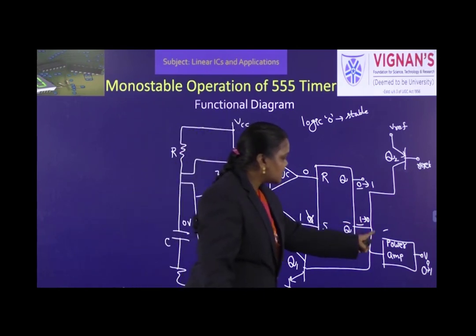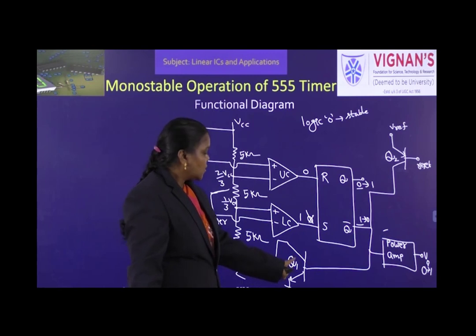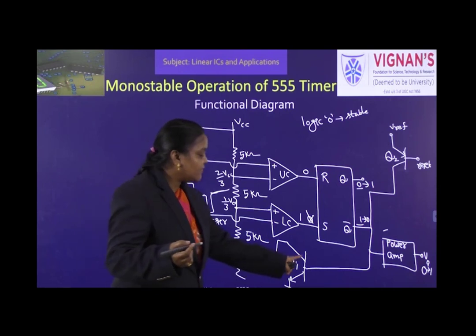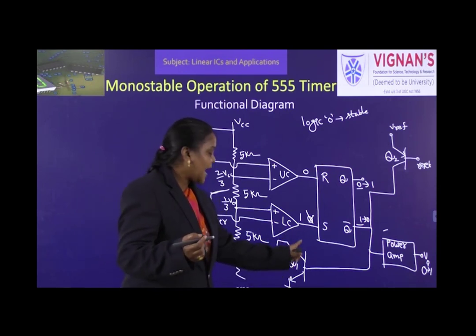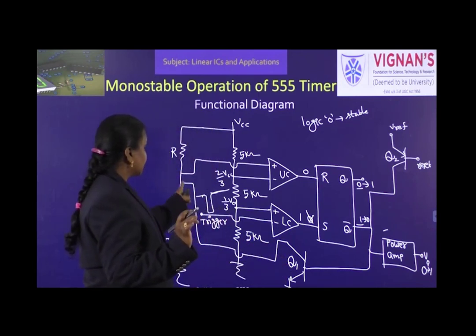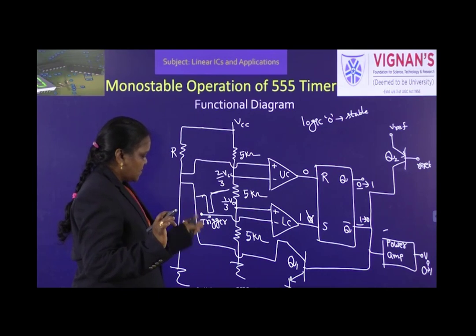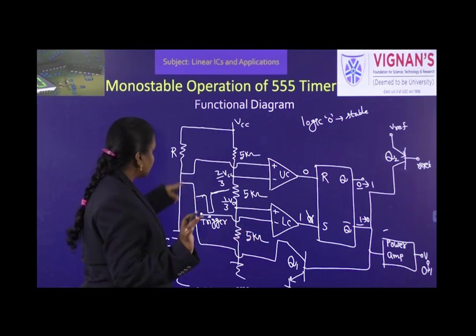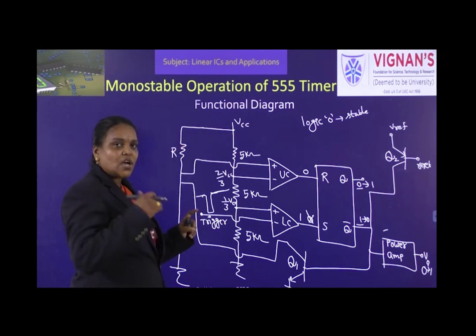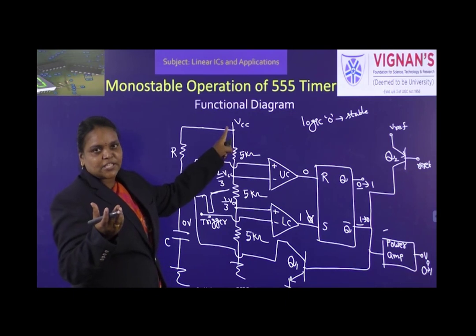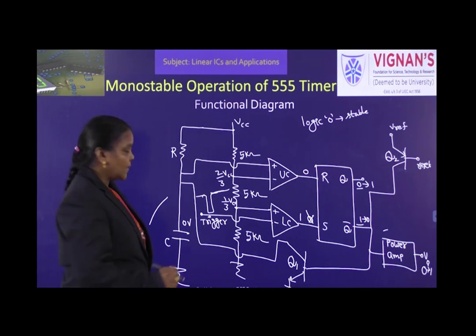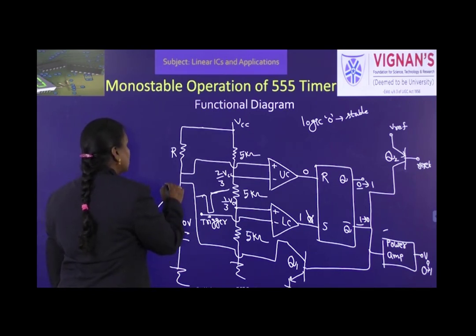And this 0 is given to this transistor. So when NPN transistor, its base receives zero signal means it will be in off condition. So it acts like open circuit. So when it is open circuit, what happens? This capacitor can't discharge now. So what is the path it is having? Charging path. So now the capacitor starts charging from 0 volts towards this VCC. So now the capacitor voltage is charging like this, from 0 to, it wants to charge up to VCC.